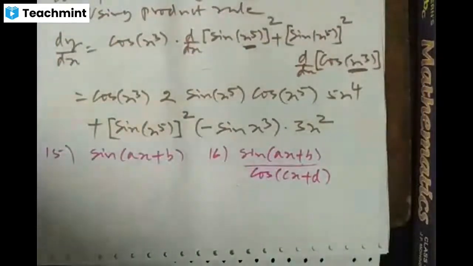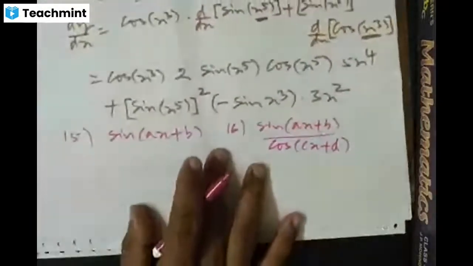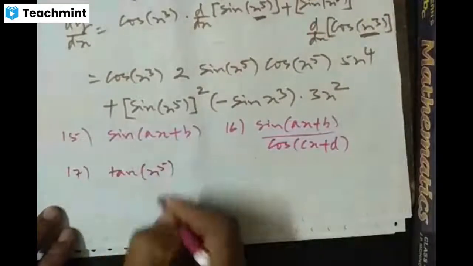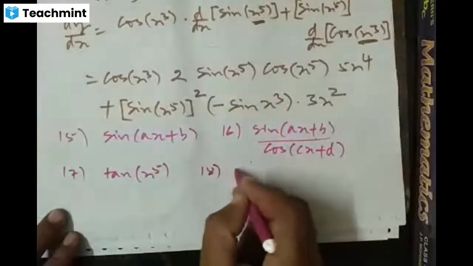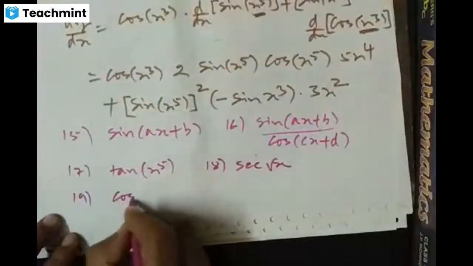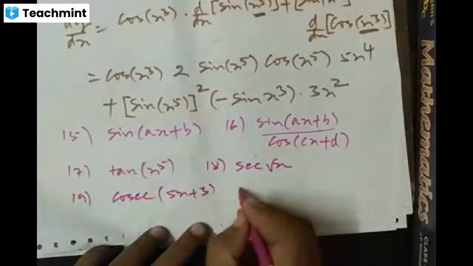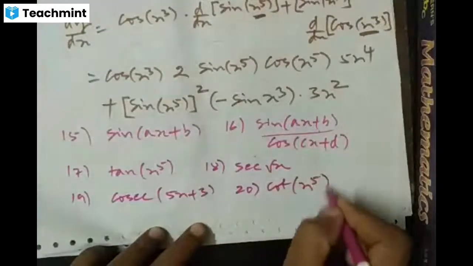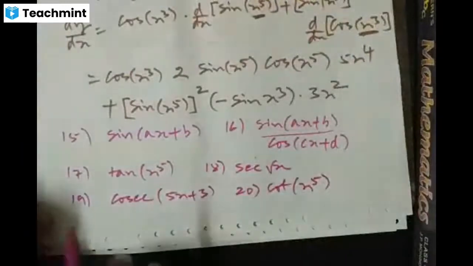Next, 17th one, tan of x power 5. 18th one, secant of root x. 19th, cosecant of 5x plus 3. 20th, cot of x power 5. Next, 21st,